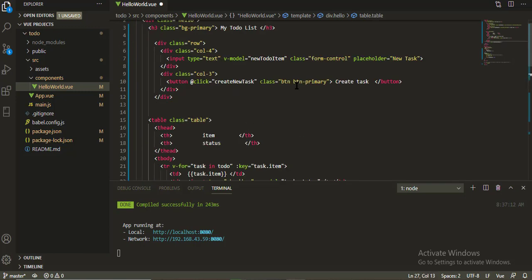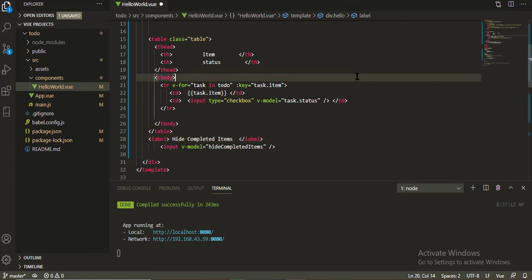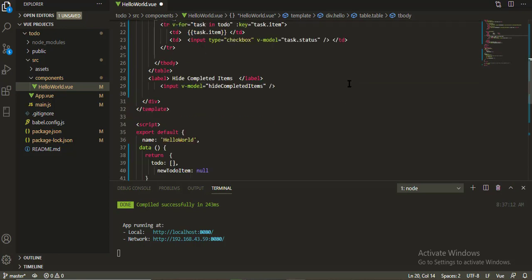Okay, and I think it's better to write a label to describe the checkbox. So I will write hide completed items. Okay, now if I save it